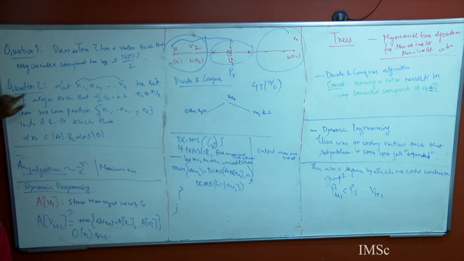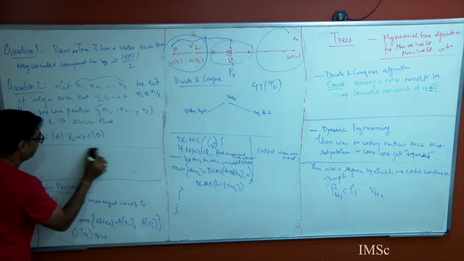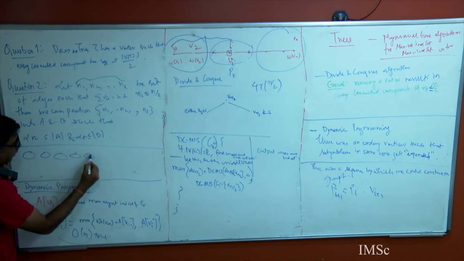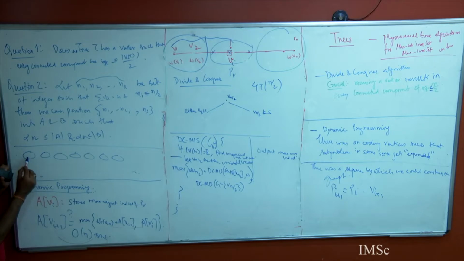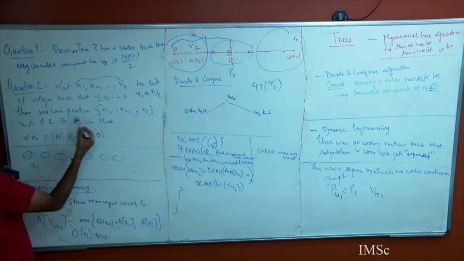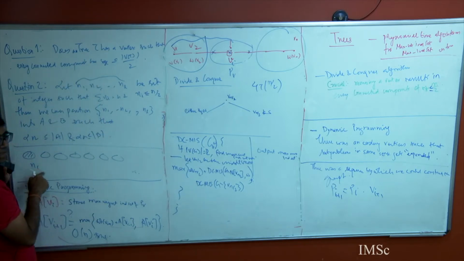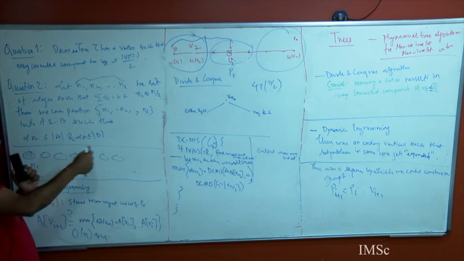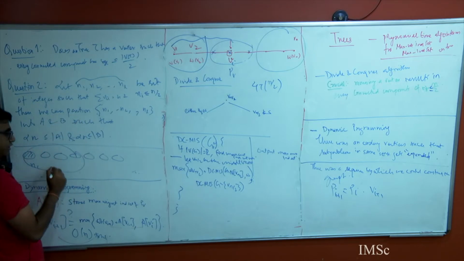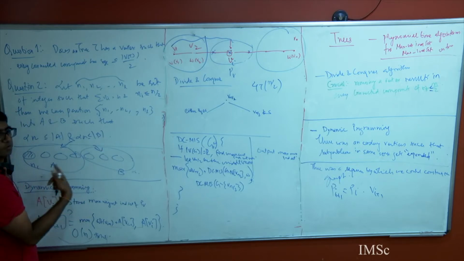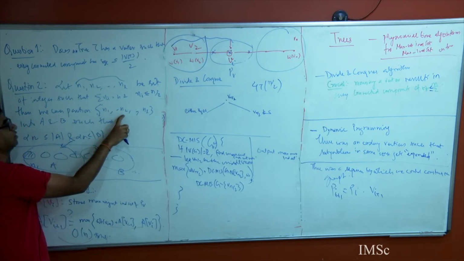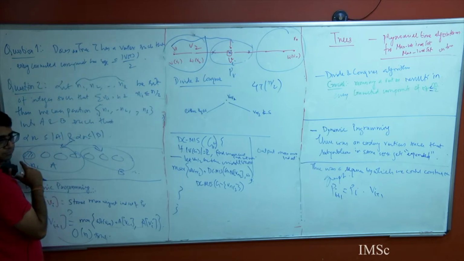Because why I want this: if I'm able to prove this, I will get a bunch of connected components, okay? I will treat each size as n1, n2, so these are my integers, right? Whose sum is at most n, and because of this, their size is at most n by 2, and this will tell me that I can partition them, some connected components into A, some other connected components into B, of proportionate size, and then I will run my algorithm on A and run my algorithm on B, so that it is easy for me to analyze. So this is the utility of this lemma, and this is the utility of a structural lemma.